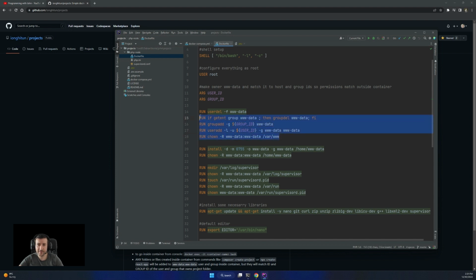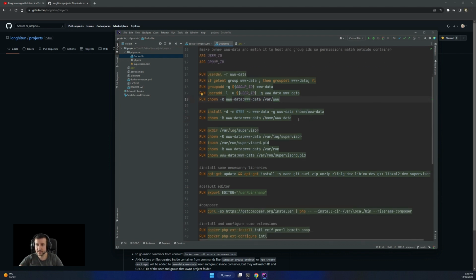So I set the www-data user and group to be on the same ID as the user of the host, and by doing so, the permissions will be identical to the host inside that folder. Then setting the home folder of www-data, and then some supervisor settings.